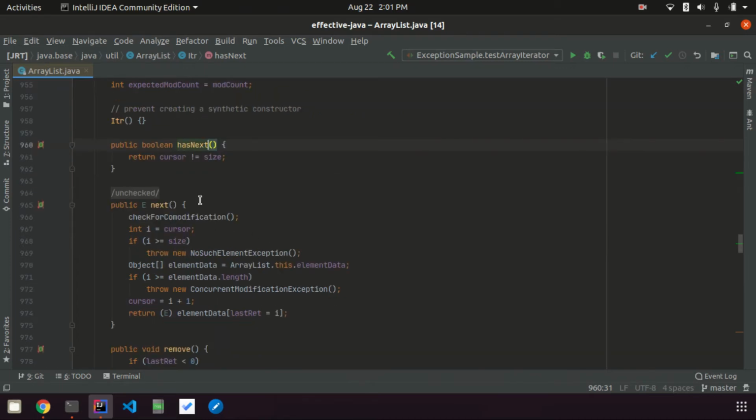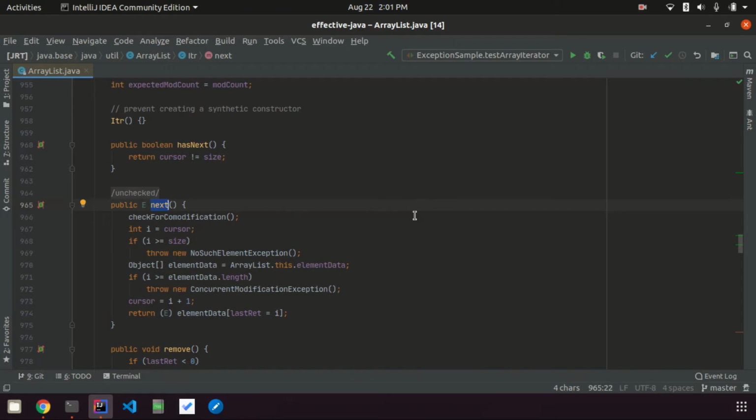These are divided into two methods. Basically the operation which was intended was to give the next element. Before calling next, the consumer of the API is supposed to call hasNext. This is done to avoid forcing the user to handle an exception. Before calling next, the user will call hasNext, so he need not handle any exception, because once hasNext returns true, that means there are elements, and he can safely call next.